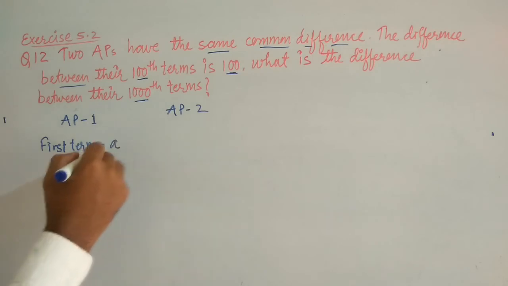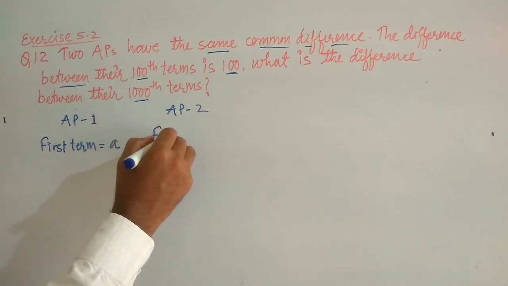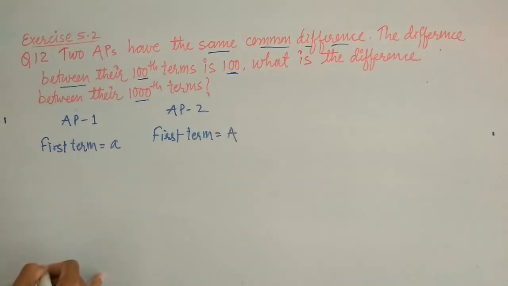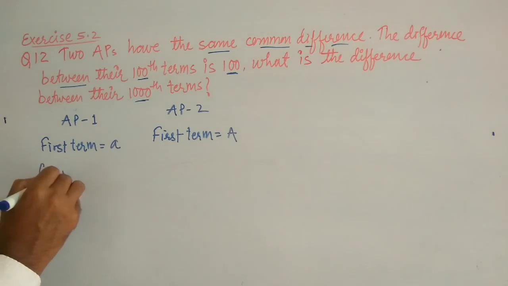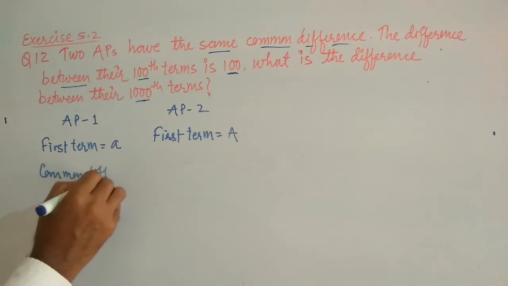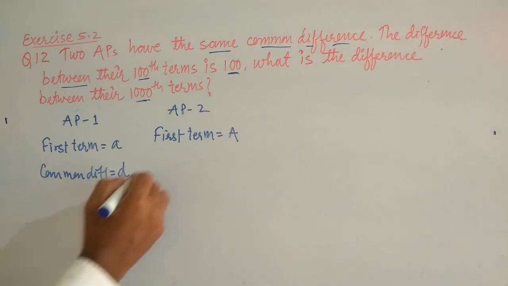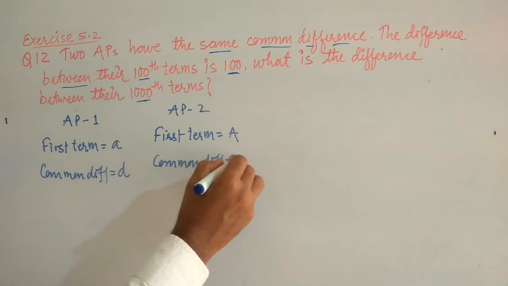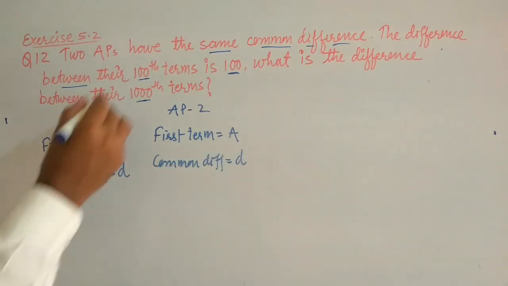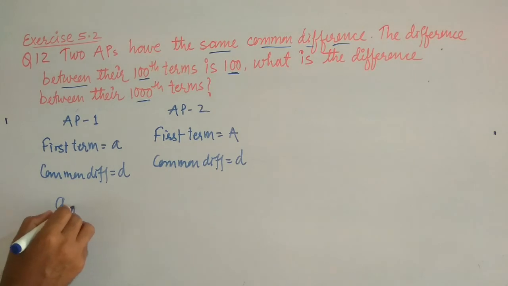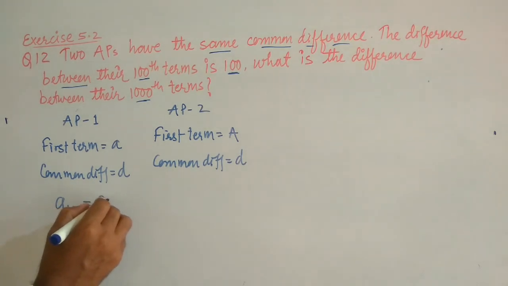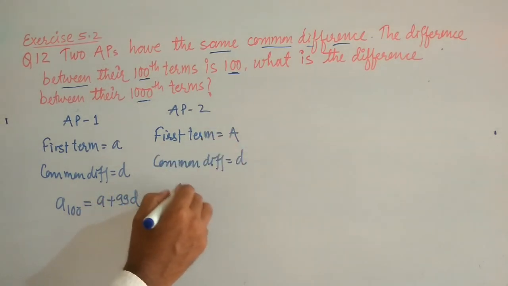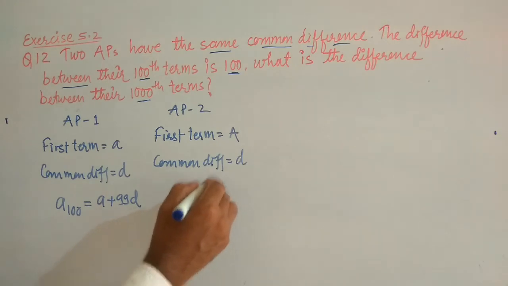Suppose the first term of this AP is a and the first term of this AP will be represented by capital A. Common difference of this AP is D and the common difference of this AP is also D. Now 100th term, so 100th term of this AP will be what? a plus 99D. और 100th term कैपिटल ए से रिप्रेजेंट करो